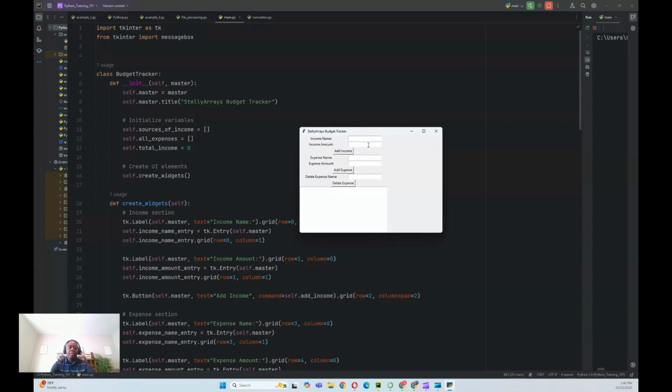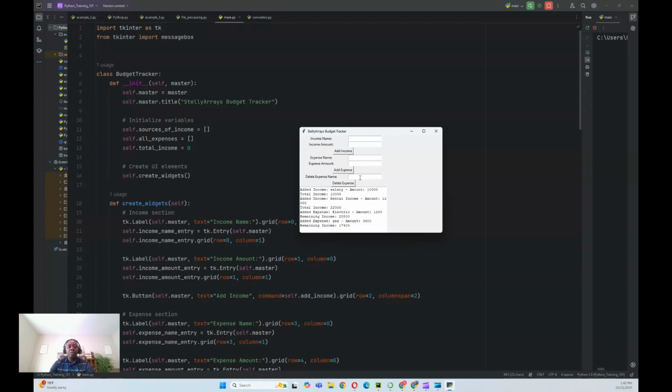So, for example, let's say your salary is 10,000. You can add income and you can see it gives you a feedback. 12,000. Now you can add expenses: electric, gas. So the balance will be updating depending on whether you add income, or it will decrease depending whether you add